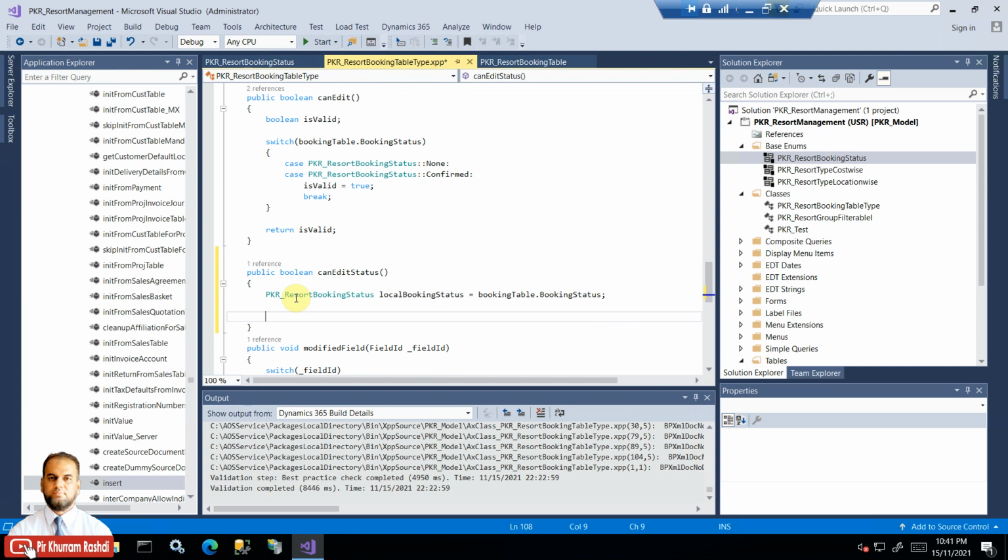And then we put an if condition: if booking table dot orig, which is the original record, dot RecId is greater than 0, it means it contains some record. This is for the first-time check, because the first time it will be blank. Once it is there and somebody is changing the table,